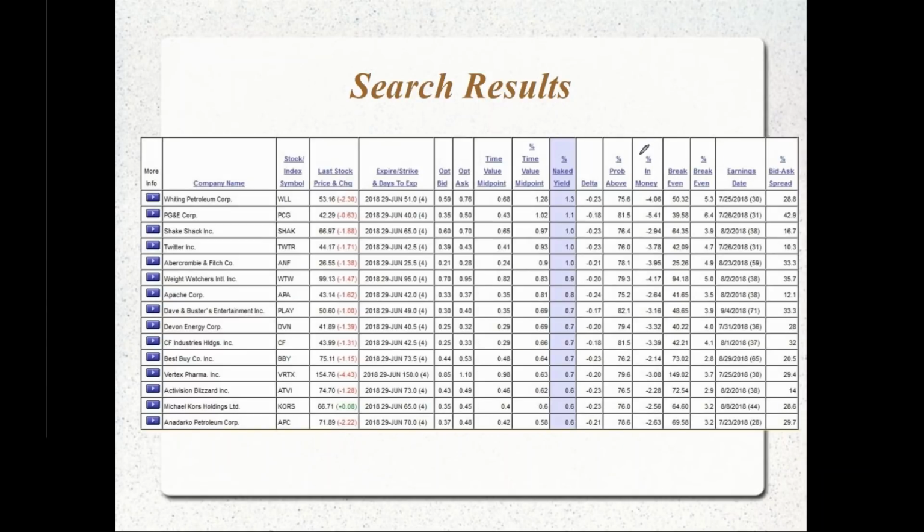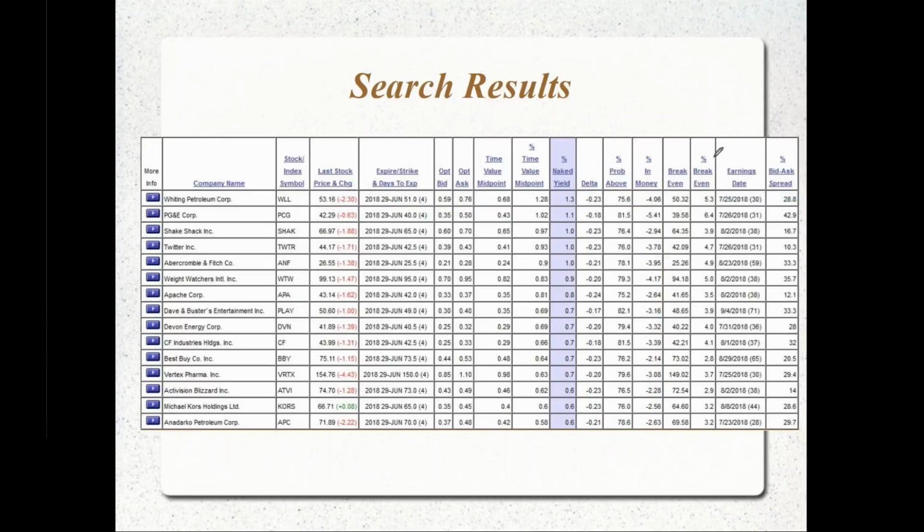So here we see our probability above. When I sell a naked put, for example with Whiting Petroleum at 53.16, I'm selling a 1-week-out, slightly out-of-the-money put, in this case the 51 strike, even though the stock was down 2.30 on Monday. But we're going out of the money looking for a reasonable premium, reasonable yield of course, and we want that good probability that the stock will stay above the strike price. Here's our strike price in the circle, and this would be the stock price. We want the stock to stay above that so the put expires worthless and we keep the premium. All of our probabilities are in the 79, 78, 80 percentile range or more.